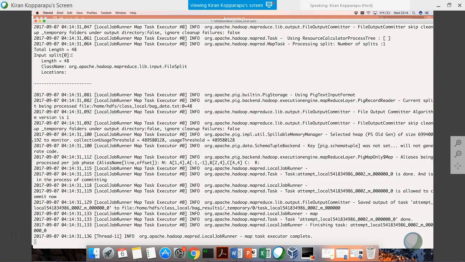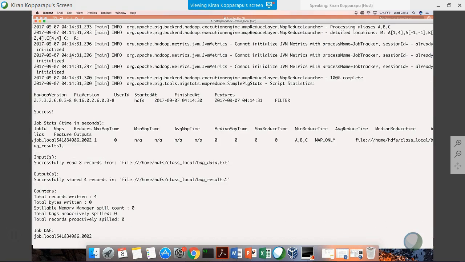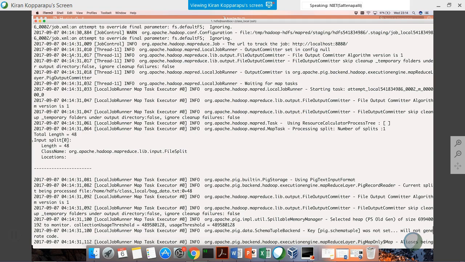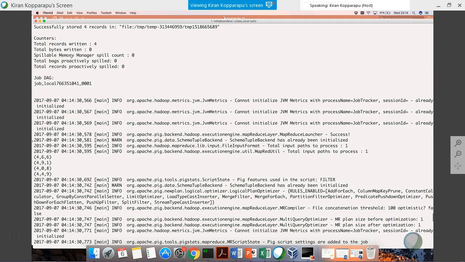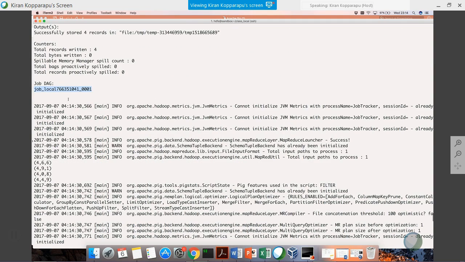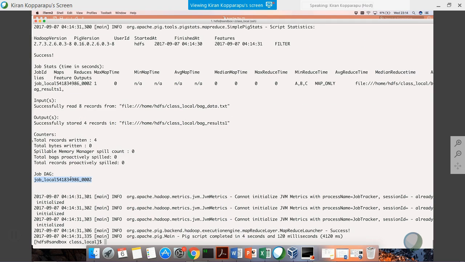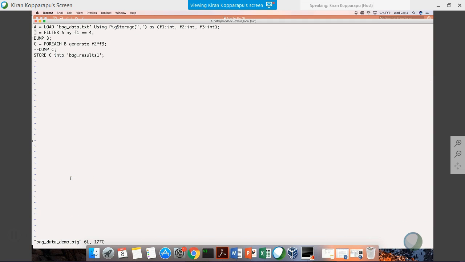Even this time, you could see that there are two DAGs which have been defined. One is 001 here, and another one is 002. So in case of dump and dump, or dump and store, it generated two different DAGs, and obviously there are two different jobs which we already have. But whereas if you have two stores,